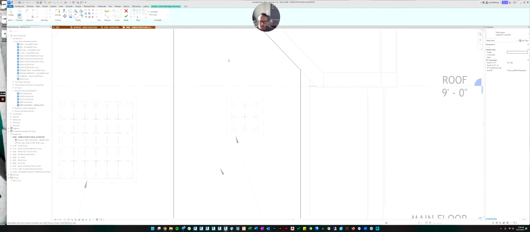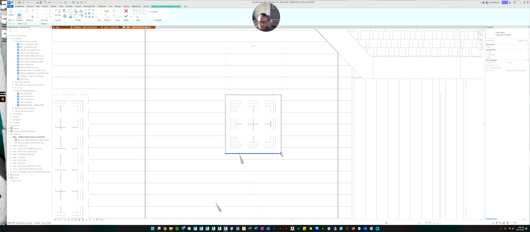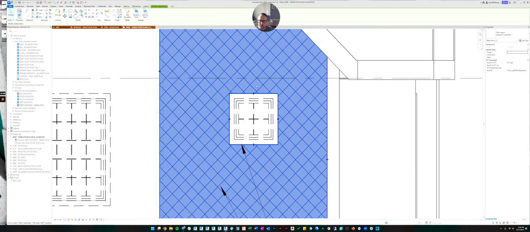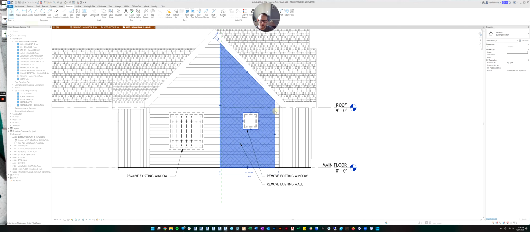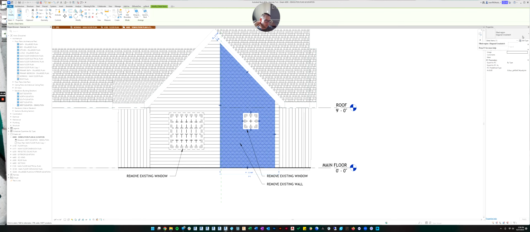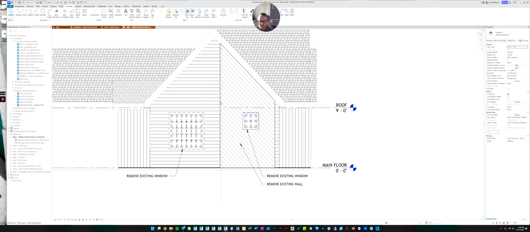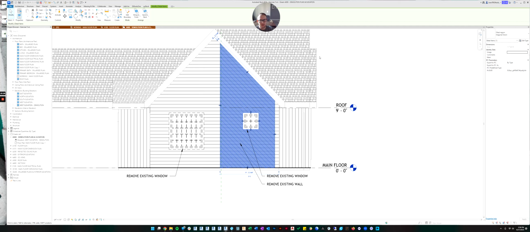And then let's get the middle window. I'm going to tab select all 4 lines, and I'm going to change them from thin lines to invisible lines. And then click OK. Okay, so now you see there's a hatch pattern there. The only thing I want is, it doesn't matter what hatch you pick. I usually like a diagonal hatch pattern like that to signify that it's being demolished, but it needs to be